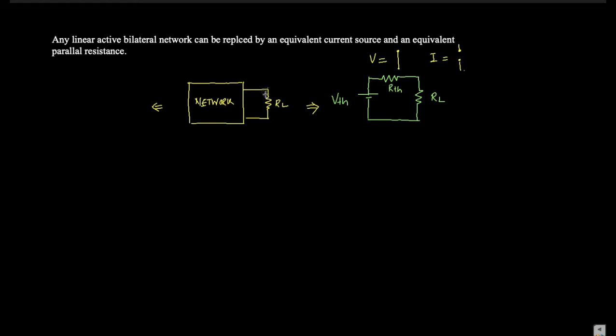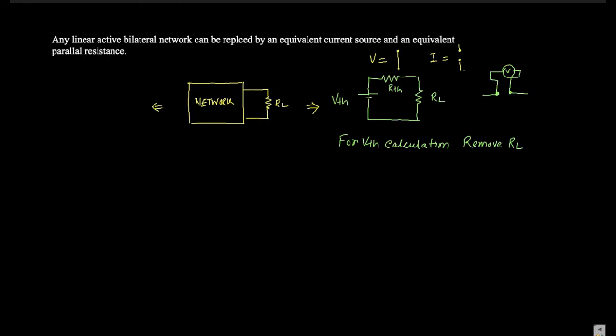One thing you should follow: when you simplify the circuit, you should remove the RL for calculating the VTH. For VTH calculation, we remove RL. To determine the voltage, we have to find the equivalent voltage, so we should make the path open, and across these two terminals we can connect a voltmeter to get the total voltage of the circuit. That's how you remove the RL.